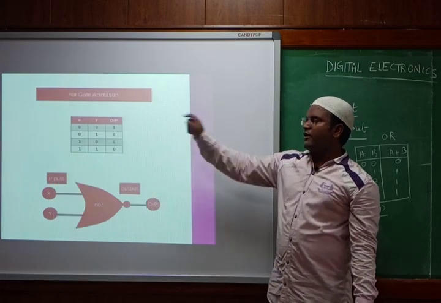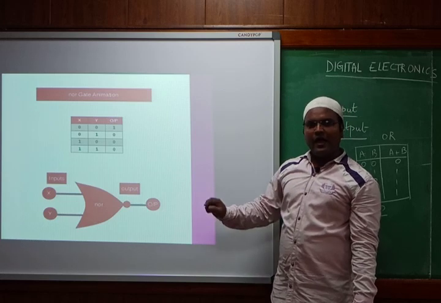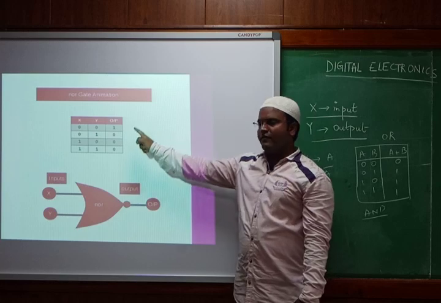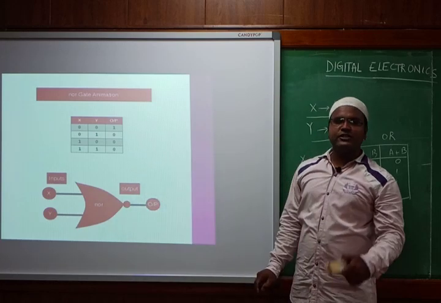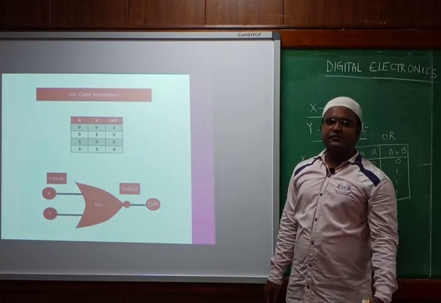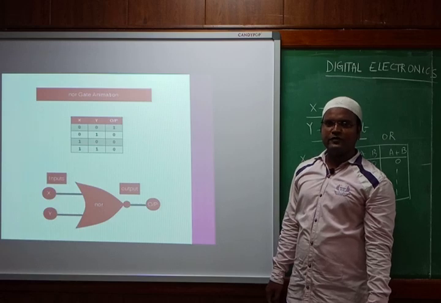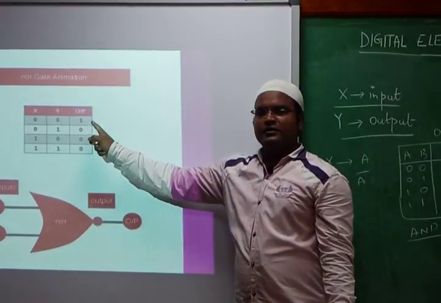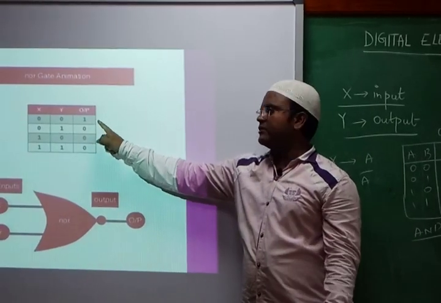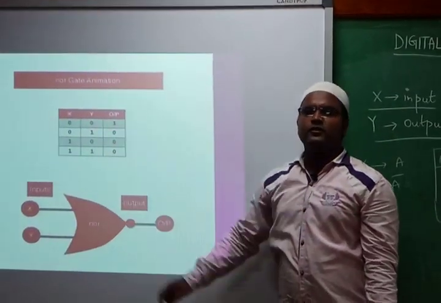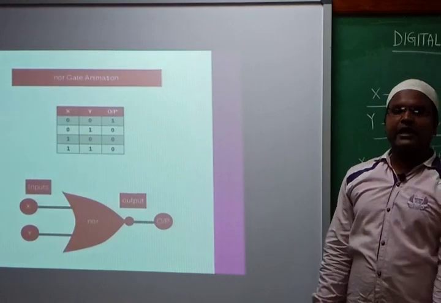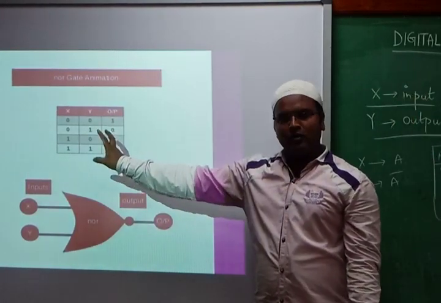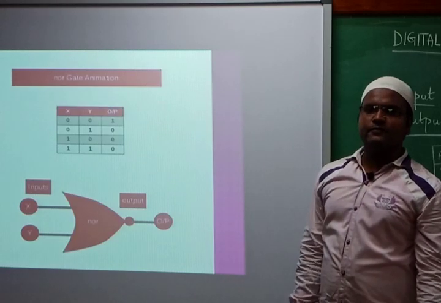Similarly, the NOR gate. NOR is what? OR plus NOT. So we have seen its complete verification and the truth table in the previous class, and the verification part also we have verified. If I am giving 0 plus 0, it will be 0, but it is complement, so that should be 1. Like that all the others will be 0. So what can I write as the conclusion from this? I can say that if both the inputs are low, then only the output is high.